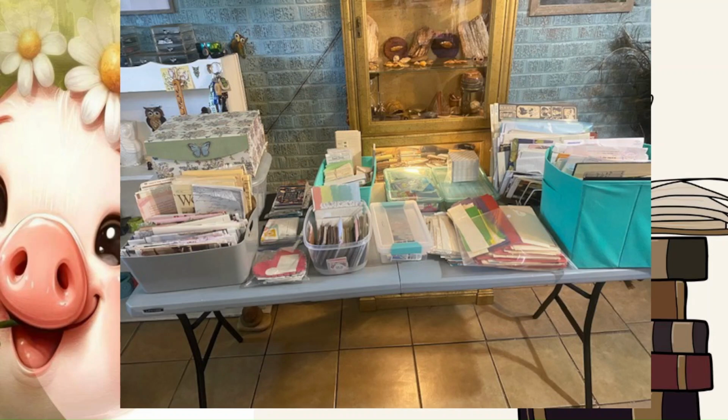Up under that is a Happy Mail tub. It's different stuff I make, little goodies, that I throw in there. So when I need to do Happy Mail, I can just go shopping in that basket. In front of that is all our signatures that we made on some videos last month when we were destashing. And then the rest of that you see is bases. Different kinds of bases. There's time clock tags, guest checks, Rolodex cards, library cards, a whole bunch of